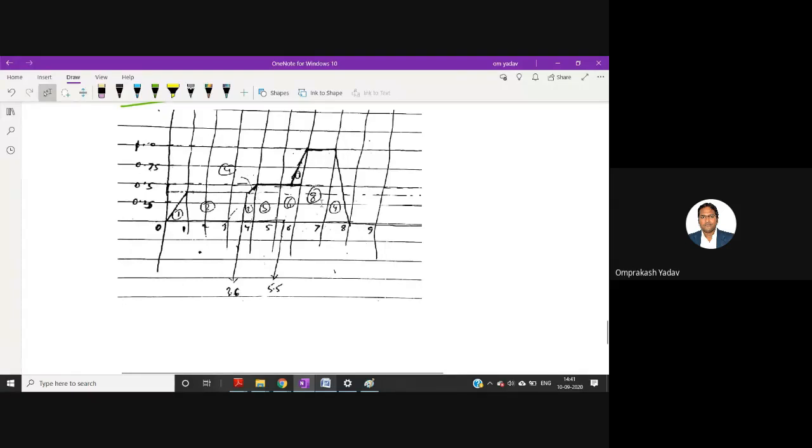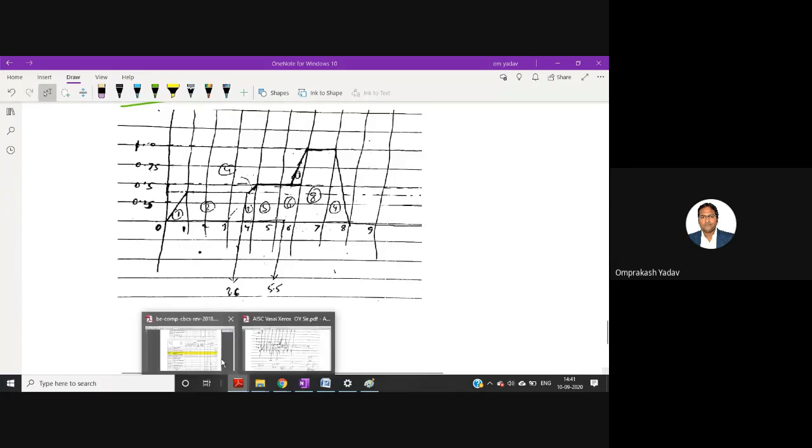Now it's up to you. I told you that you can draw in any way, that doesn't matter. But for checking the answer, so that everybody's answer remains the same and we can match also, you just divide all the areas exactly in the similar way, the way I have divided. Now I told you we will make the table and try to calculate the areas of each and every section. Okay, so let's go there.